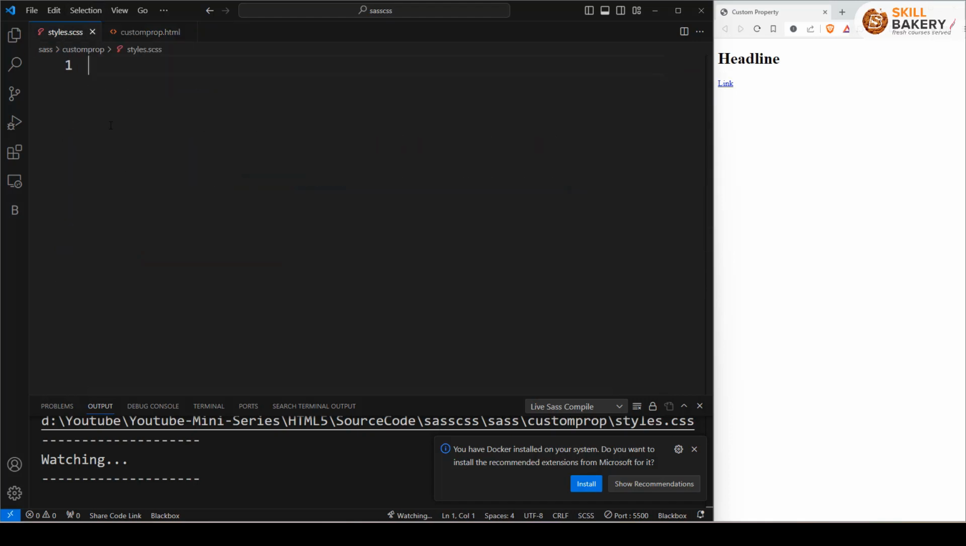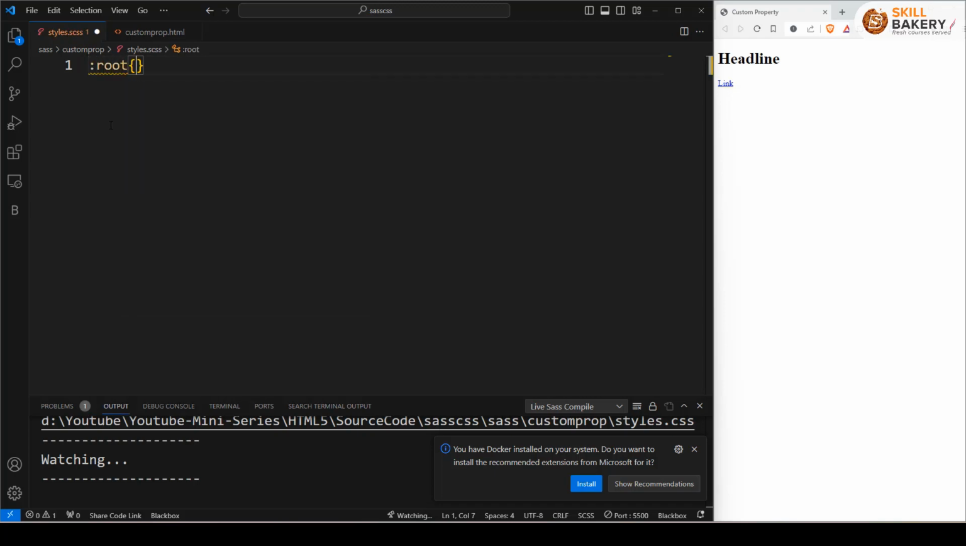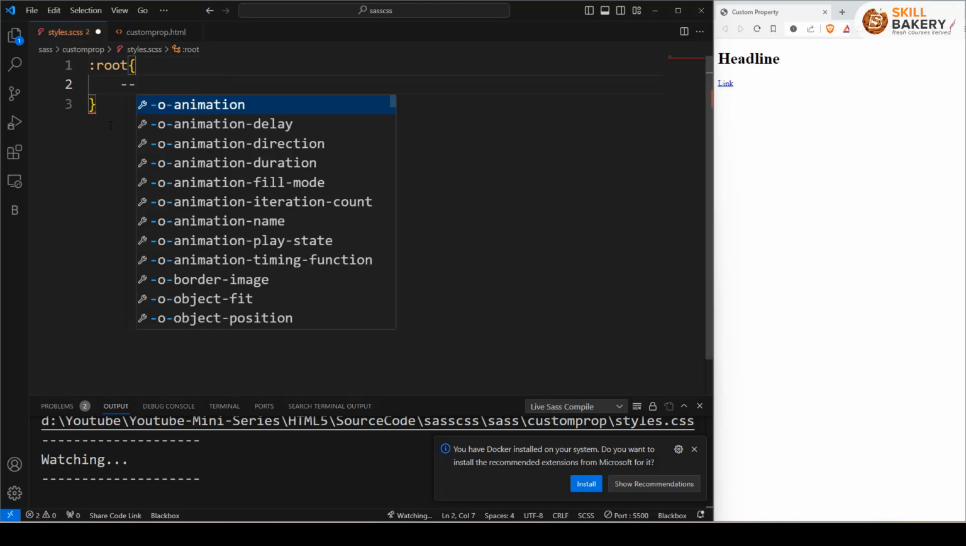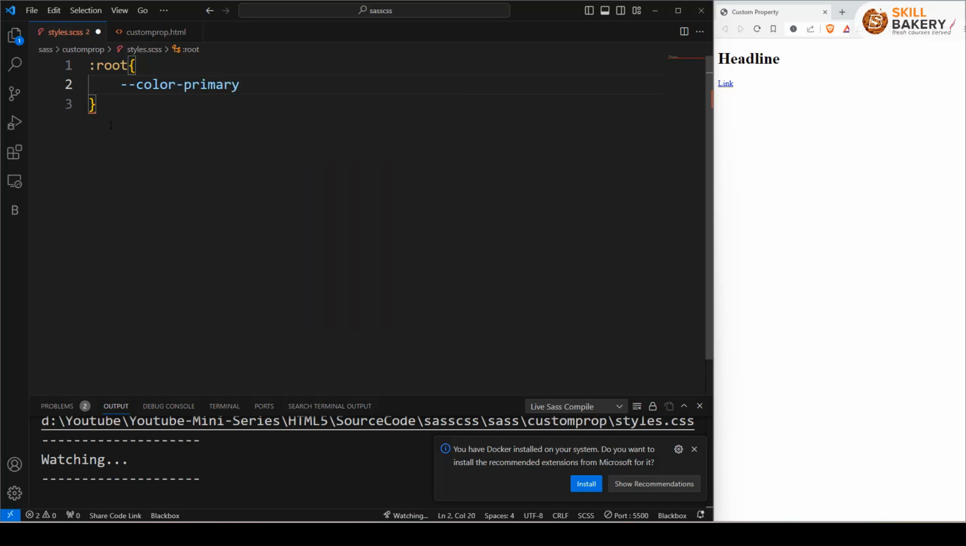First, over here in our styles.scss, we would like to create a color property that will be intended to be shared across multiple elements. Now the convention for this is to attach these styles to the root. The format for creating a CSS custom variable is, so here we have this root, and inside this we'll have two dashes followed by the name of your custom variable. So let's say we have this custom variable as color-primary, and then we'll assign a color to it, let's